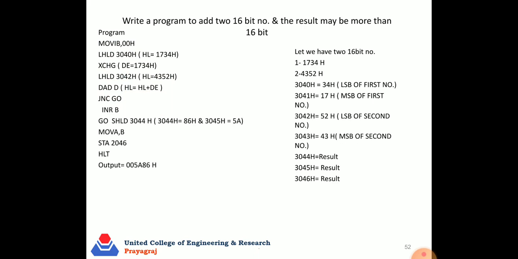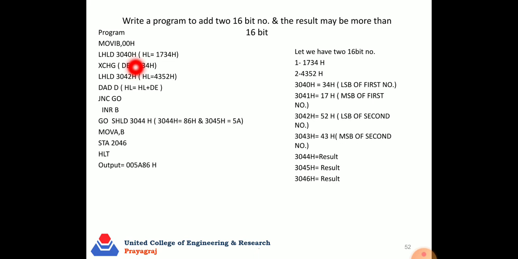We have no idea about the input numbers. You can only give a location for the user, and the user can put the input. So there are two options: there may be a carry and may not be a carry.